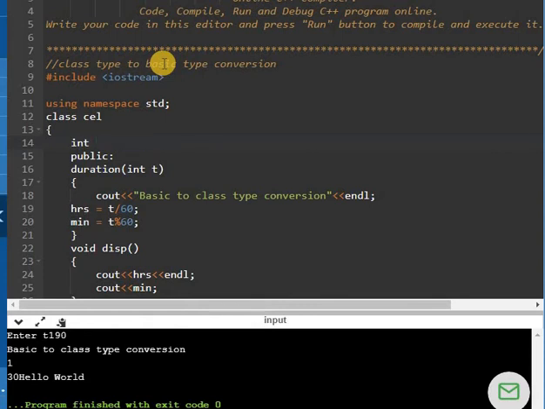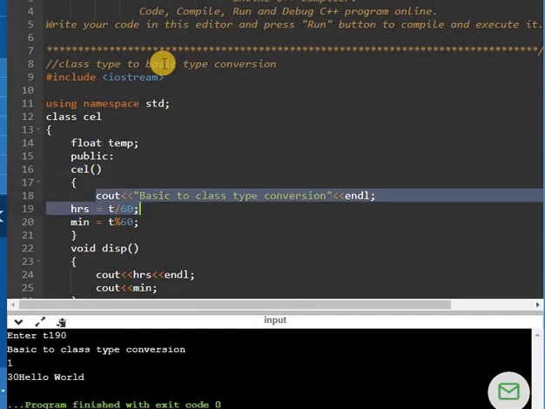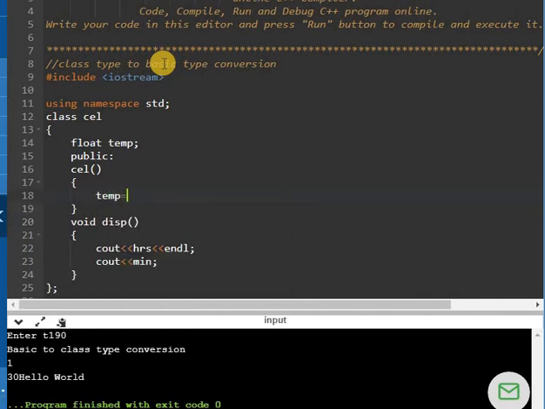In Celsius, what we did, we had one Fahrenheit value, and then we had to convert that. Fahrenheit was in float type, and we had to convert that into Celsius. Celsius was the object of the class type. So temp will be one data member, obviously, because we have a class, so we will definitely have a data member with that. Then we took a default constructor to assign it the 0 value, and the display function will be the same. We will change the internal statements.